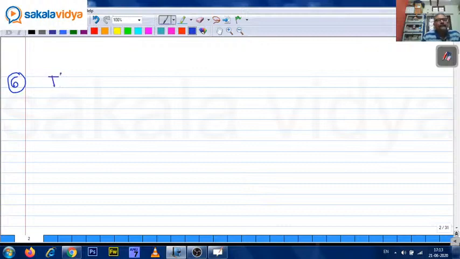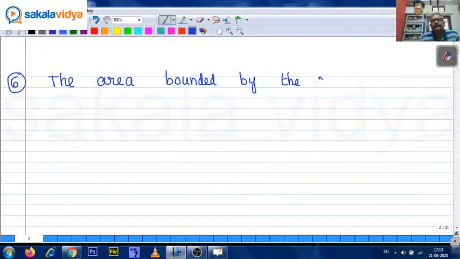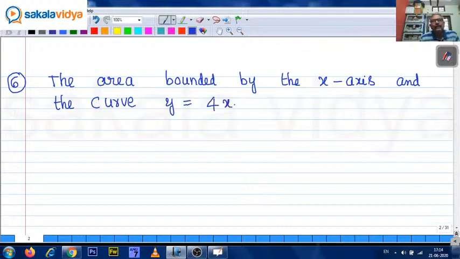The area bounded by the x-axis and the curve y equals 4x minus x square minus 3 is: